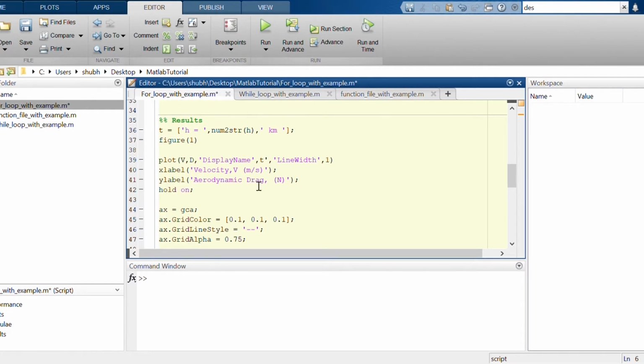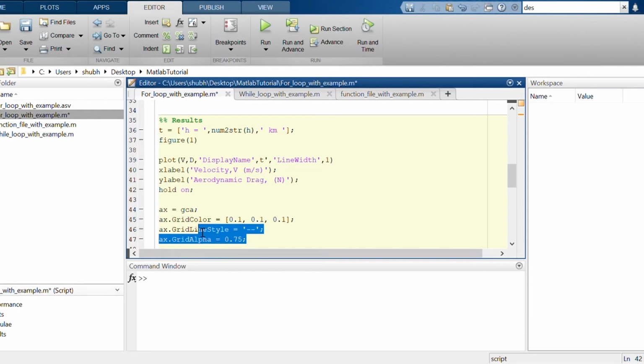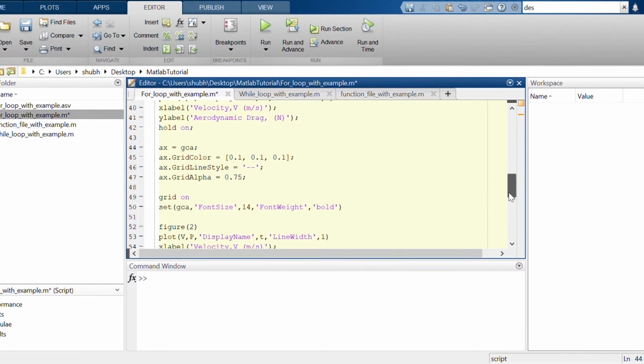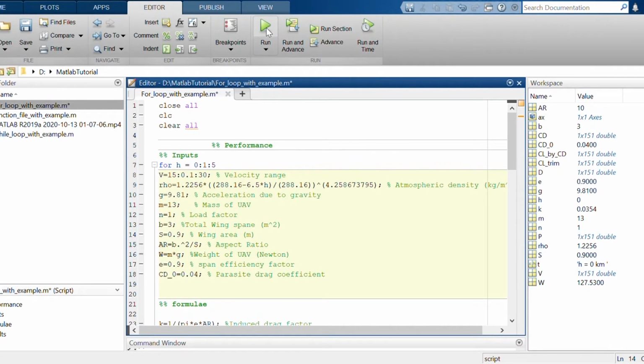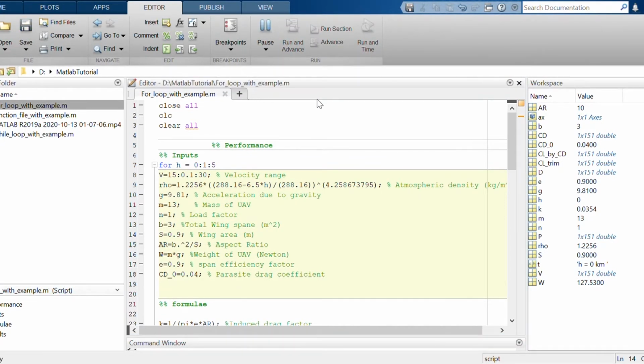And hold on, because at 1 kilometer, 2 kilometer, 3 kilometer to 5 kilometer we want the data in the same plot, so we have to hold on. And I will tell you these are the very basic tools for coloring the figure and line style. If you want to make any grid, these are the standard commands. Now if you run this program, you will get the plots.